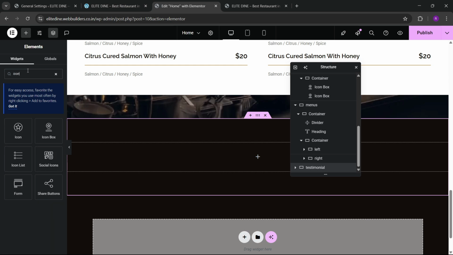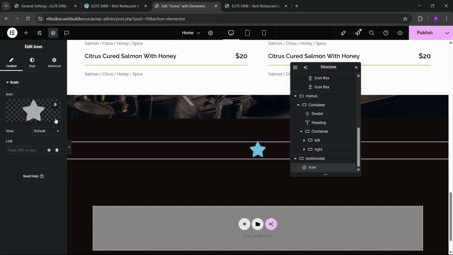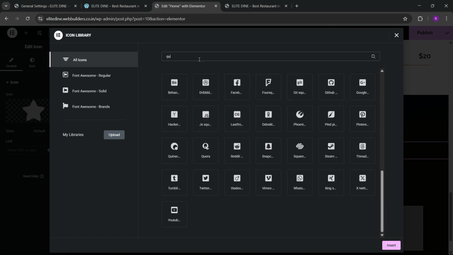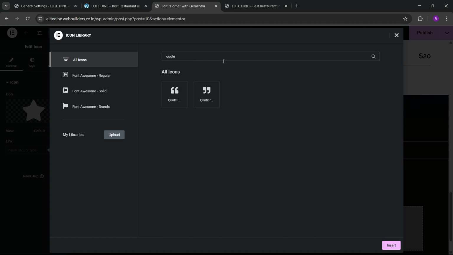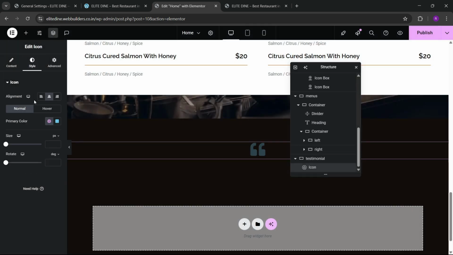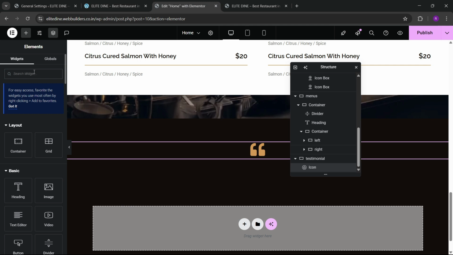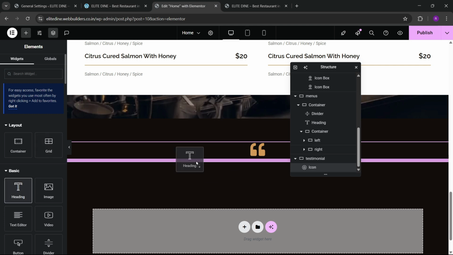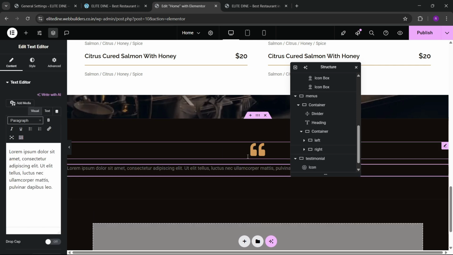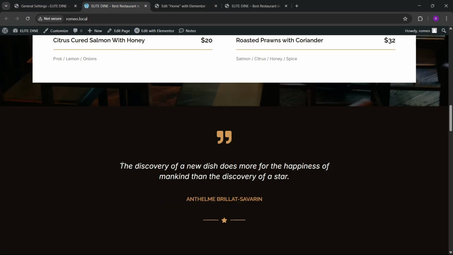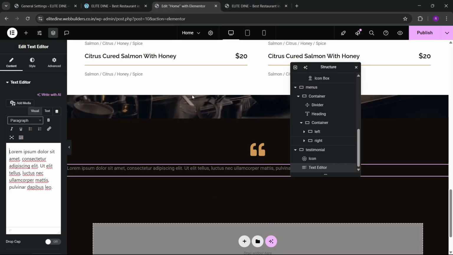So let me add a new icon here. Okay, and here we can write quote icon. Okay, and here we can keep the golden color. Here you can see that we have the text. So now we have to go, and here we have to choose, so let's choose this text editor here, and here we have to just copy this text